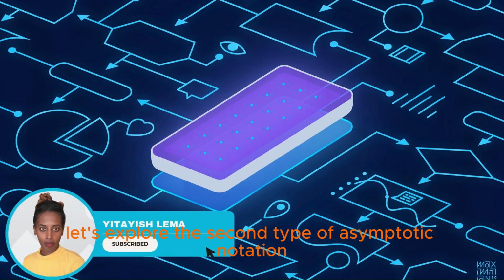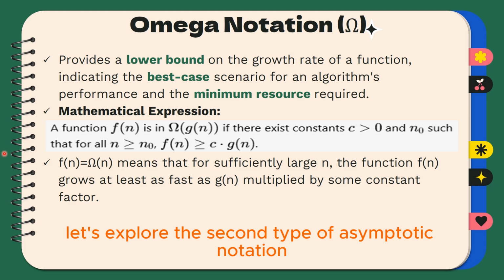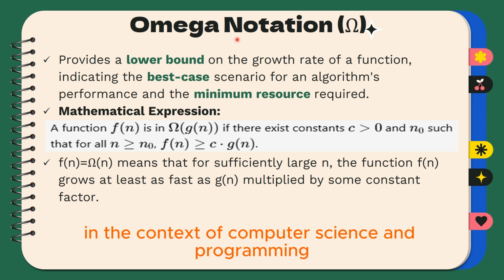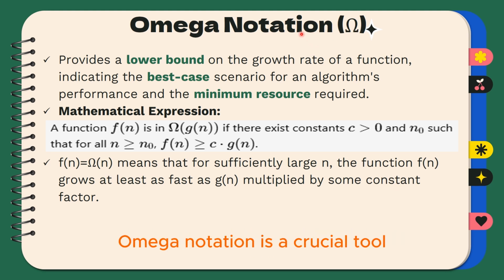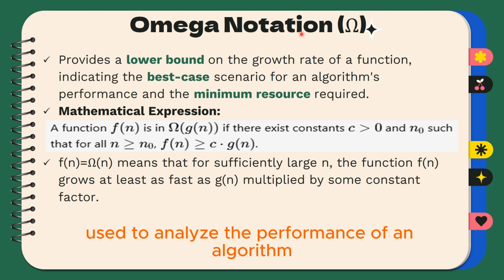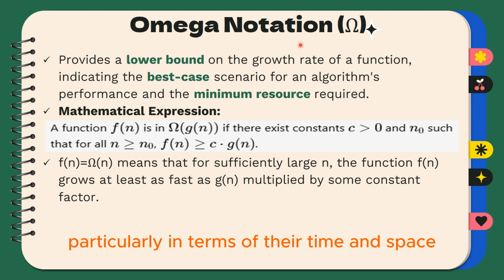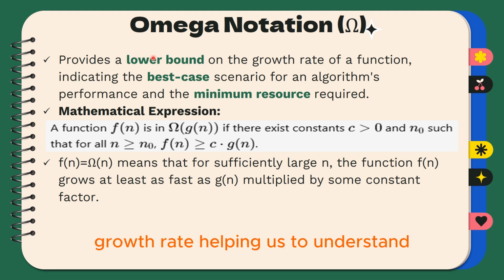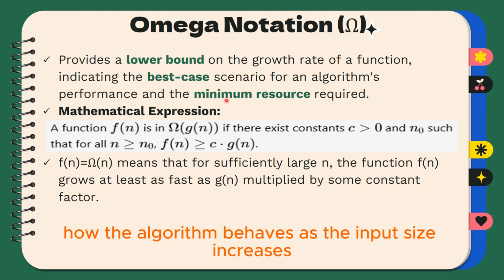Let's explore the second type of asymptotic notation, which is known as big omega notation. In the context of computer science and programming, omega notation is a crucial tool used to analyze the performance of algorithms, particularly in terms of their time and space complexity. It describes the lower bound of an algorithm's growth rate, helping us to understand how the algorithm behaves as the